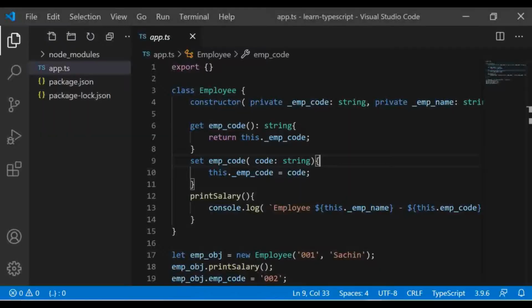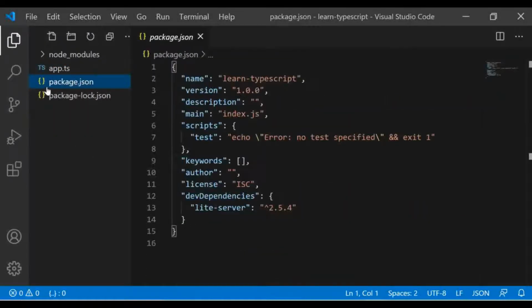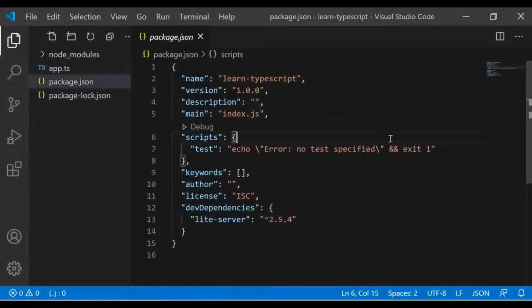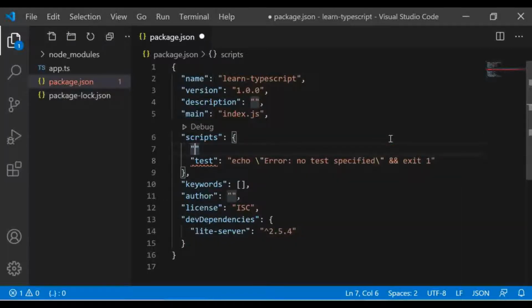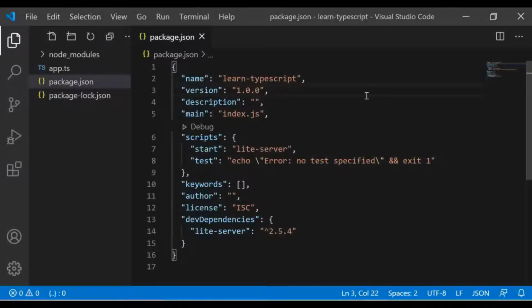Alright, now we are going to add the light server command as a package.json script. Going forward, now creating an index.html.